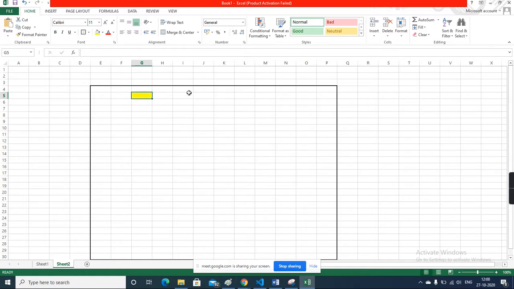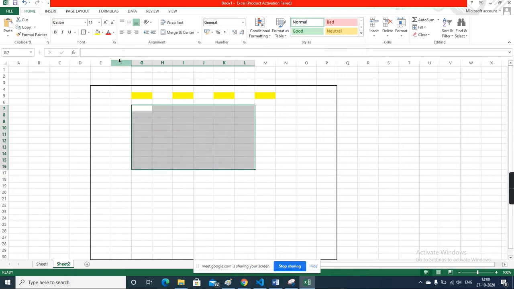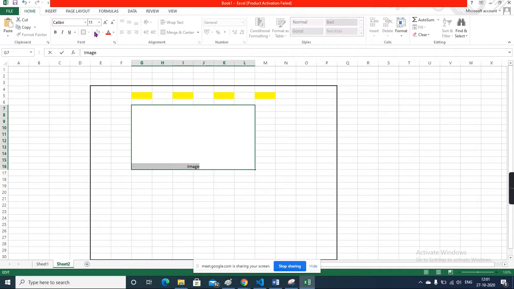Here is one button, here is one button, and here is one button. Once I click on this button, then the image will display here.